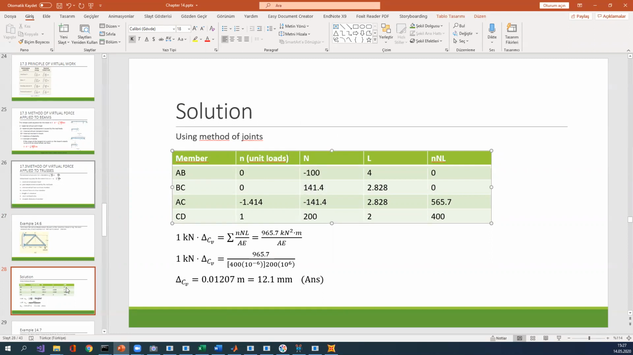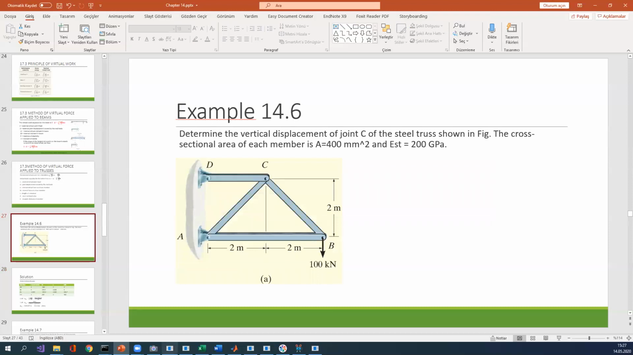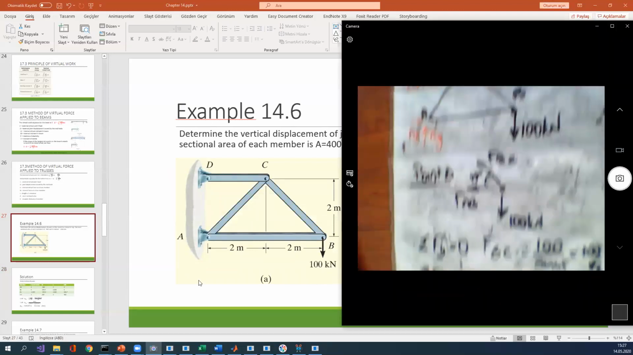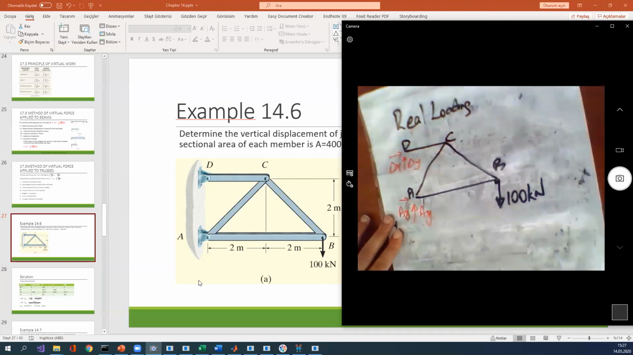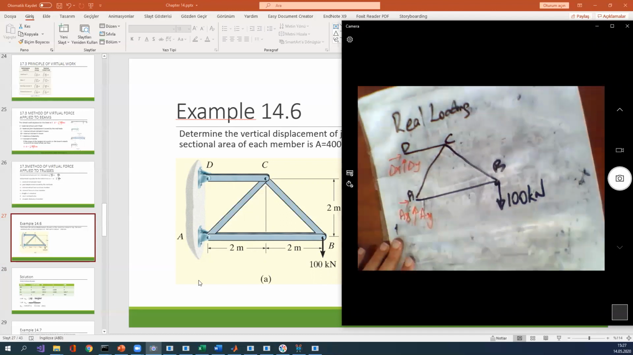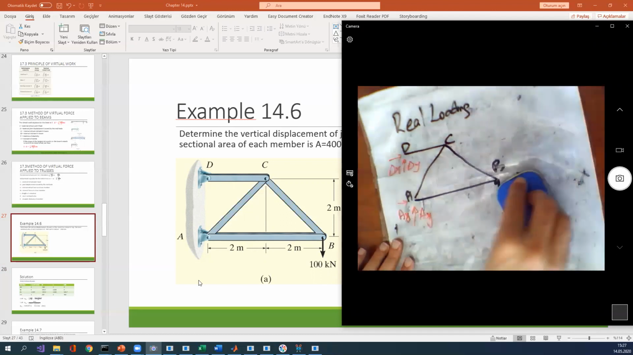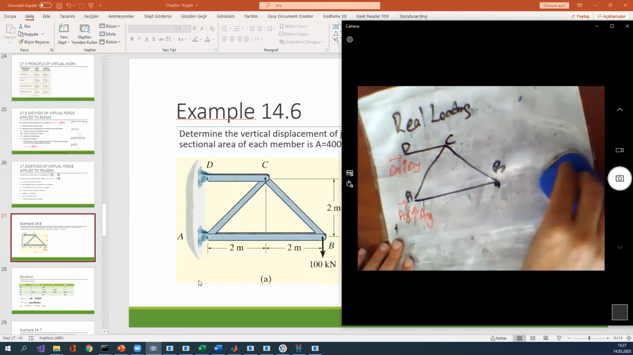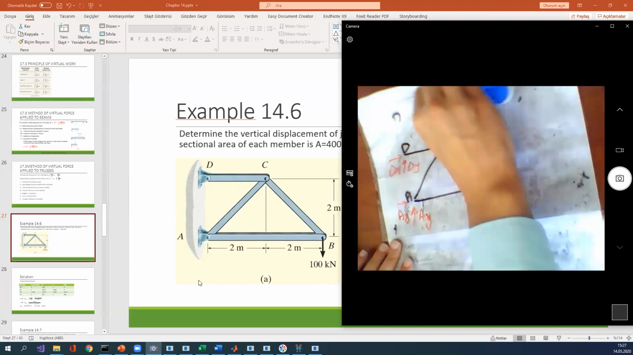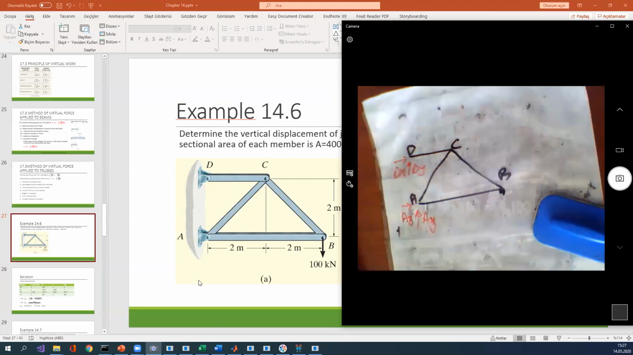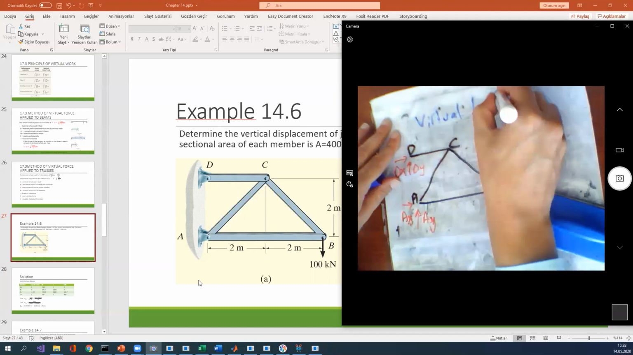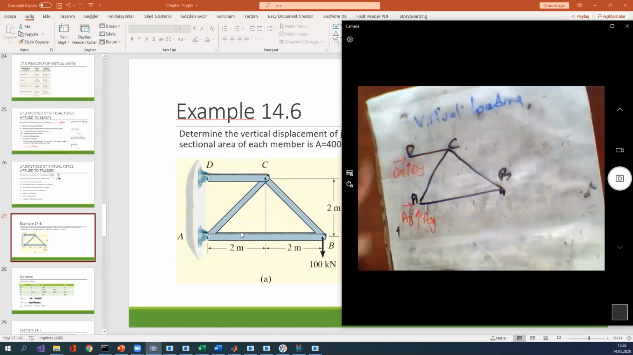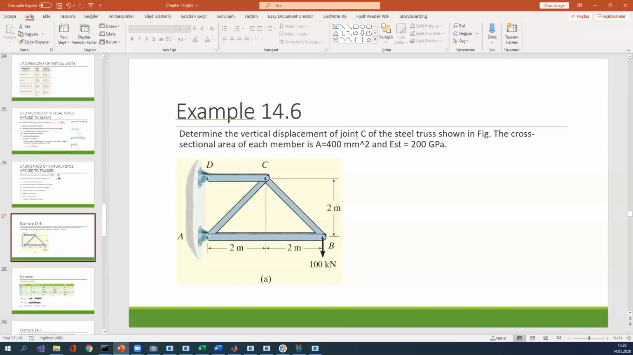Okay. Now I want to pass to the second type of loading. Second type of loading is the unit load. How can we use it? You can see, I want to delete these parts. Okay, and for the unit load case, I delete all external loads, virtual loading case. I put the question needs the vertical displacement on point C. Therefore, I put a